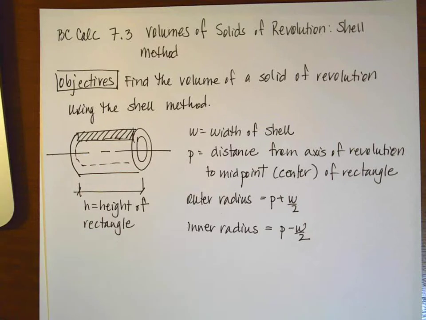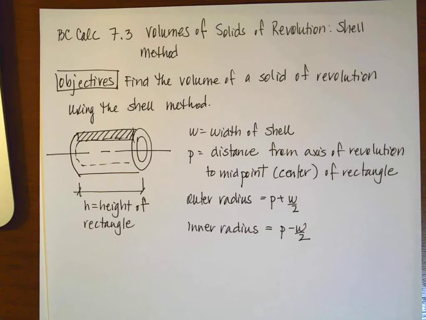Ladies and gentlemen, we're going to do 7.3. We're going to be talking about our volumes of solids of revolution, and specifically the shell method. All right, so our objectives say exactly the same thing, slightly different,